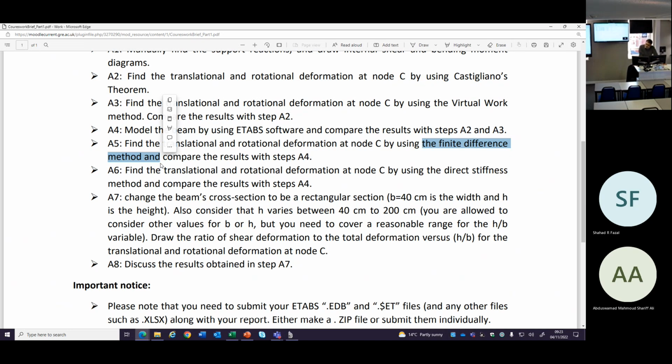Have we taught it, or are we going to teach it? Do you remember that Excel with different segments? That's finite difference, okay? You need to follow the same steps we did for finite difference a few weeks ago with that Excel